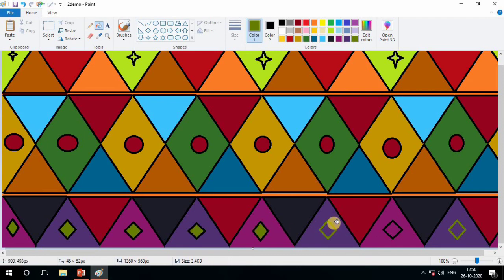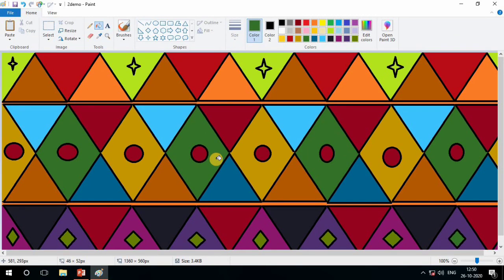Oops, here is a mistake. I will change the border color. So undo and then fill. Now see here the border color is also changed. So select the black color and come here and click. Again choose the color and fill it inside. So our picture is complete here. Right?